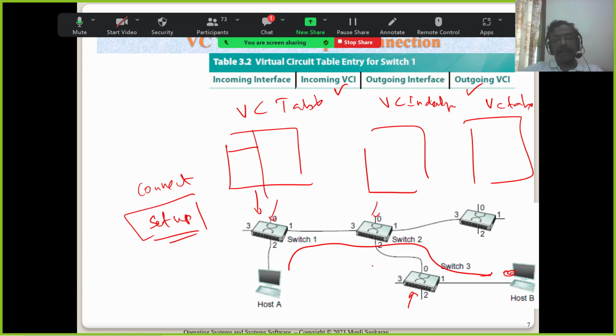So the connection setup is happening by sending a connection setup message to say that I am interested in setting up a connection with host B. Host A is sending. Now on the way, what happens is, there are some